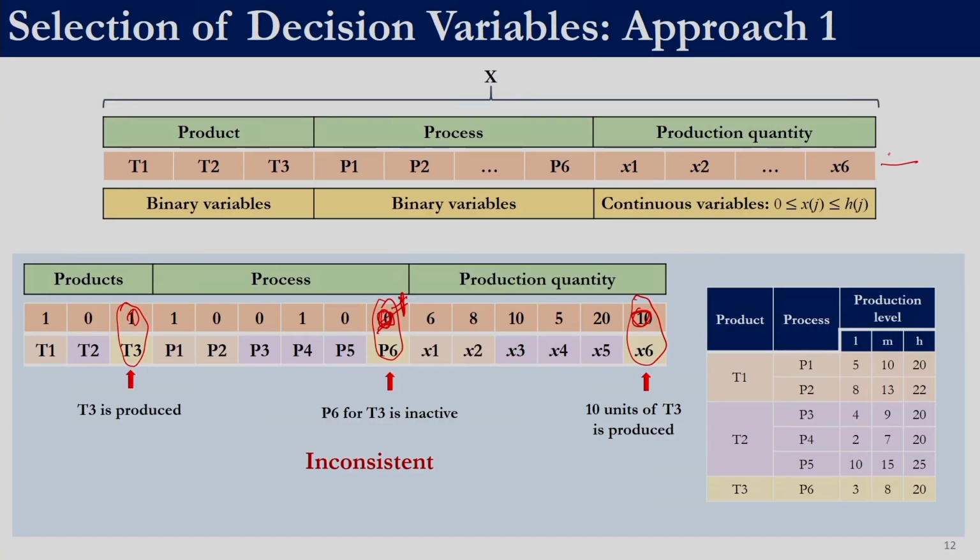Remember, the problem does not tell us what the decision variables are; it is we who have to identify them. If we decide to choose the decision variables in this pattern, we may end up in situations wherein the solution we are getting from the algorithm itself is not consistent. So now we can either go ahead with this scheme, and as soon as we get a solution we modify it and then calculate the cost, or the question is: is there a better approach to select the decision variables?